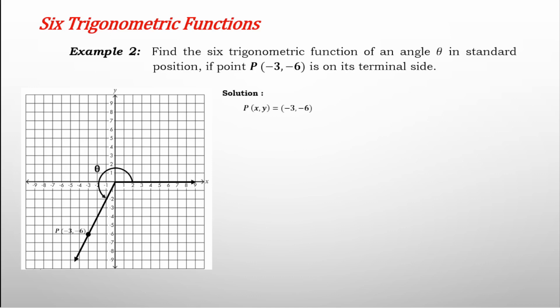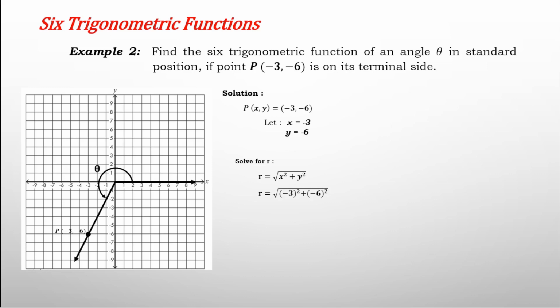What we are going to do is identify now the coordinates x and y. Since the given point is negative 3 and negative 6, that will be our coordinates x and y. So we are going to let x be negative 3 and y be negative 6. The first thing we need to do is solve for r using the Pythagorean theorem. So we already know that r is equal to the square root of x squared plus y squared. So let us now substitute the value of x, which is negative 3, and the value for y,